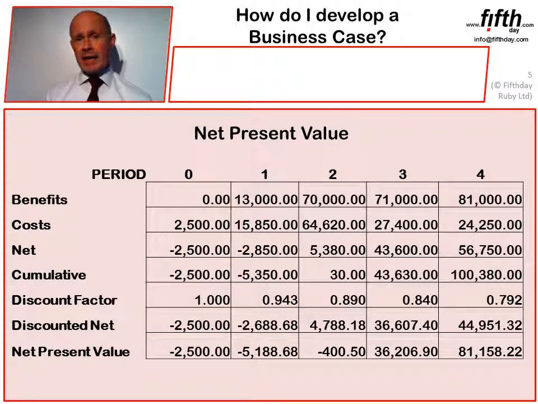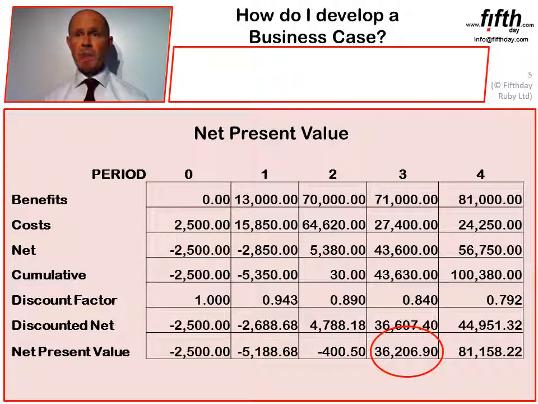Now the net figure is multiplied by the discount factor to determine a more realistic value. We call this the discounted net, a value which, when accumulated over time, provides what's called the net present value. So it could be said, of the example in this table, that this project will yield a net present value of